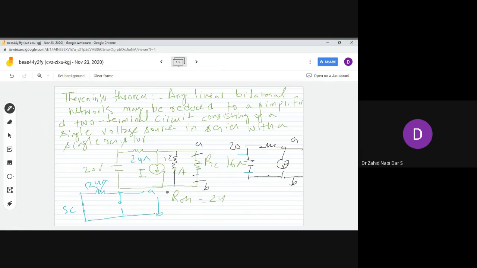So in that case, R Thevenin would be 24 and 12. Again, you have to see this point is A, this point is B. So this would have been 24 in parallel with 12 for R Thevenin in that case, not 24, if the circuit was like this. So you have seen the points.